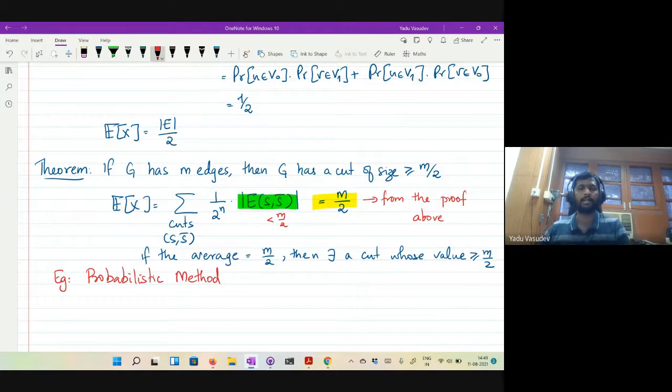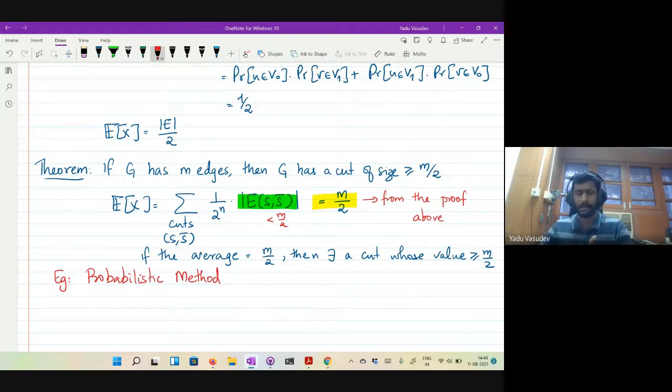What is the probability that it has a particular property? In this case, we defined a probability distribution over all the cuts in the graph. That probability distribution is a uniform distribution. And then we say that if you sample a uniformly random cut, what is its expected value? Based on that, we can say something about the properties of that object.